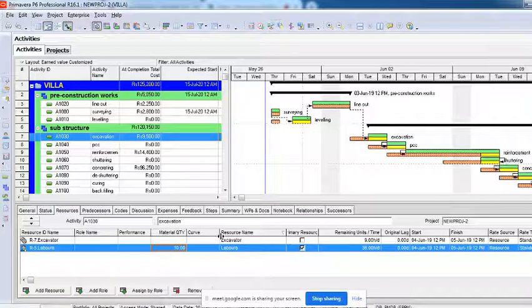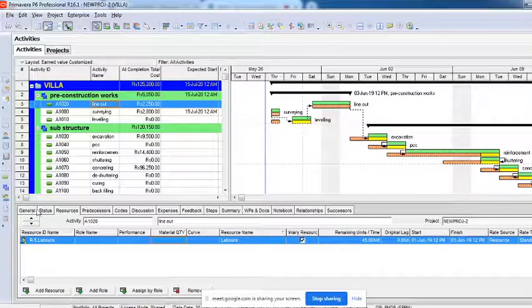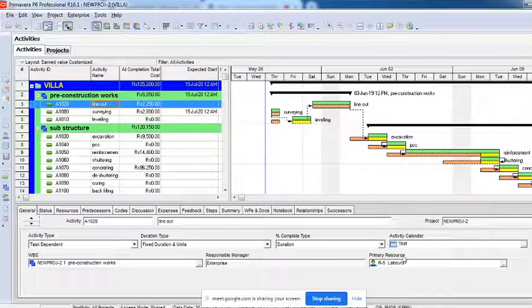You are giving 200 rupees per day, it is taking something else. Then you will come to know that there is a problem of calendar, and when you click on this activity, it shows the project has a different calendar, the activity has a different calendar. This usually happens because the default calendars are different, and the calendar which has been assigned is different.